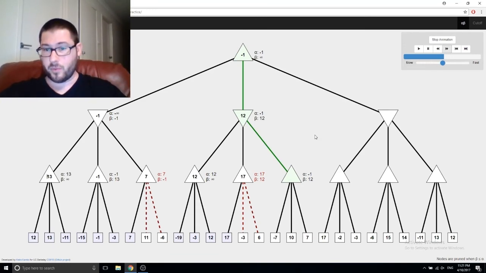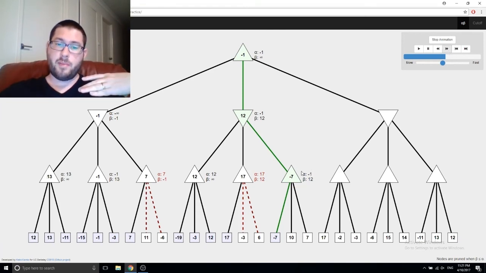Now think again, what's going to happen to this alpha value when these children are explored? Are any of these branches going to be pruned? What needs to happen for the branches to be pruned? Okay, so the alpha value is currently -1. We're going to start exploring the children nodes and picking the maximum as the new alpha value. Since -7 is lower than -1, it's not going to update the alpha value. Now it explores the next node. Since 10 is higher than -1, which means that,